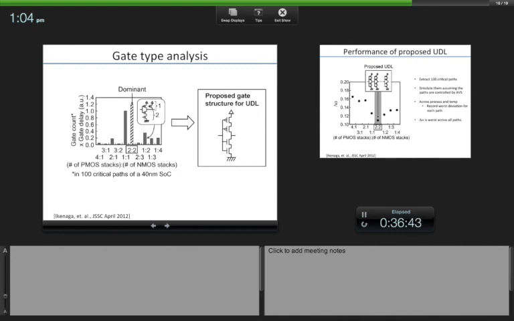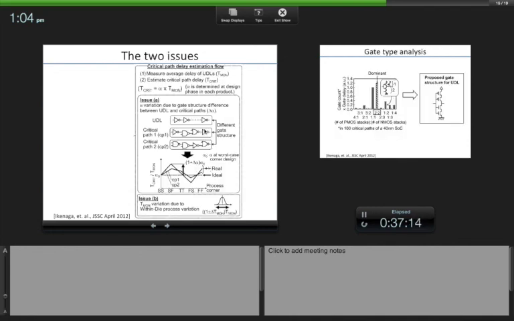It doesn't mean that this is the exact gate they are using. It's just that if you analyze the pull-up and pull-down structure of the standard cells, they find a series path of 2 for PMOS and series path of 2 for NMOS. The inputs might be coming from different places and so on. So that's why they say that they will use this, and this is only the 100 critical paths of a 40 nanometer SoC. So in those critical paths they analyze and they find this is the most dominant. And so they use that,